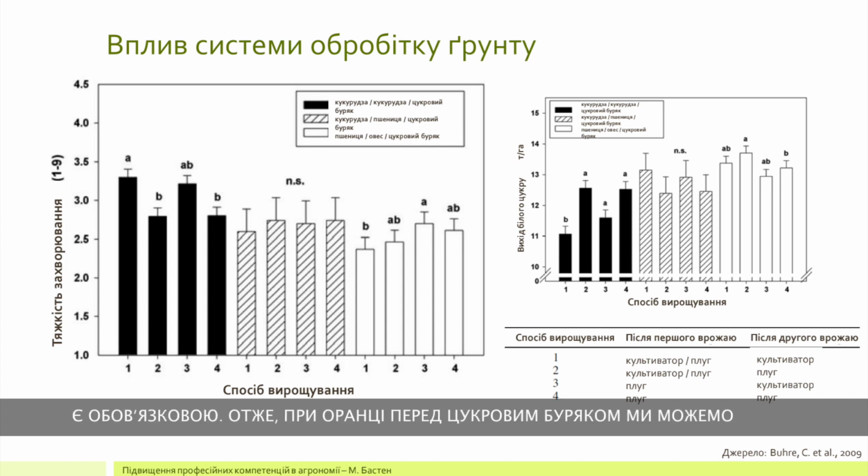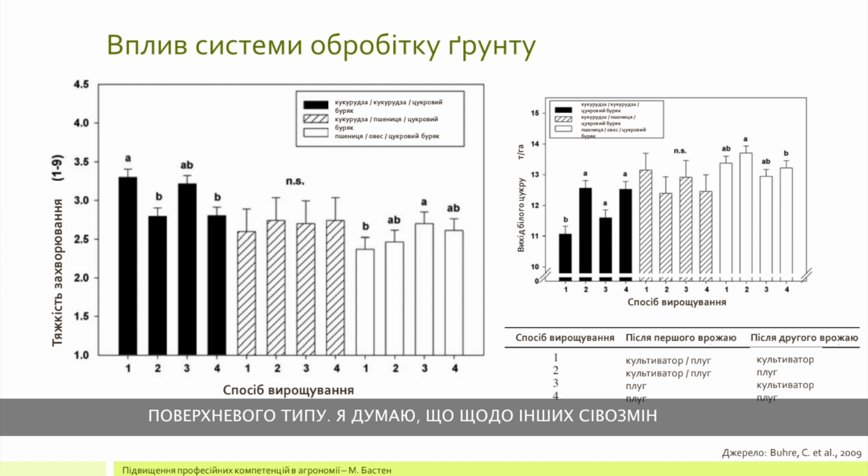So with plowing before sugar beet, we can reduce the severity quite significantly, and correspondingly also the yield is higher after the land has been plowed compared to just cultivating with a surface type of tillage